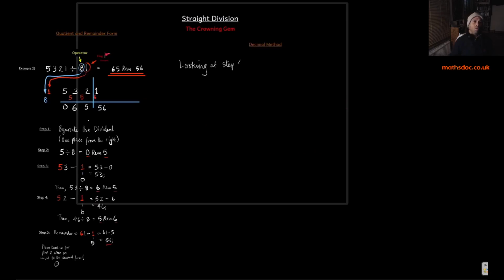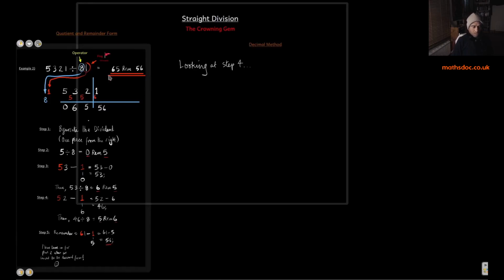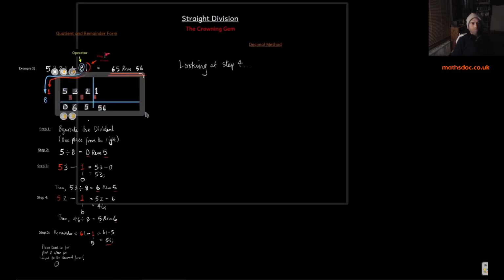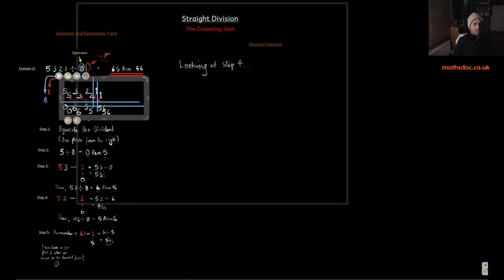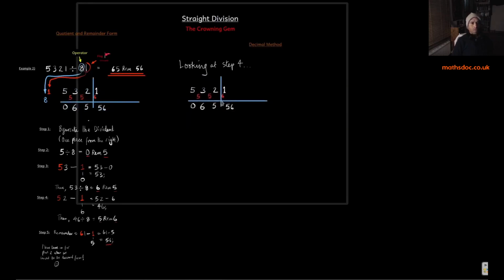Yes, we're just about to do, if I remember, turn it into a decimal. 65 remainder 56. For the calculation, 5321 divided by 81. So looking at step 4. What's happening in step 4? Okay, so we're just writing out most of the calculation again, just getting rid of the 56 remainder there. And we had from previous